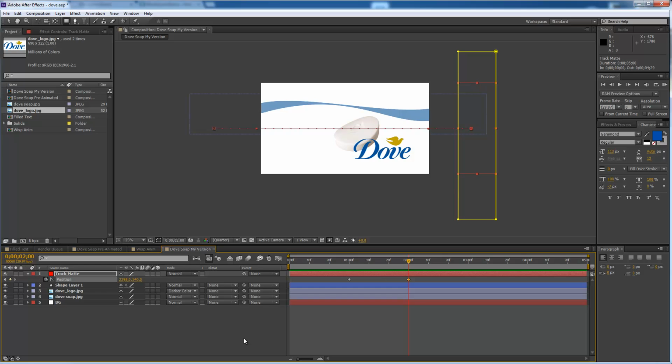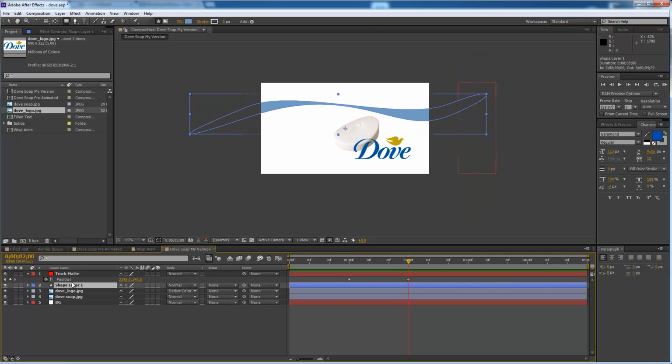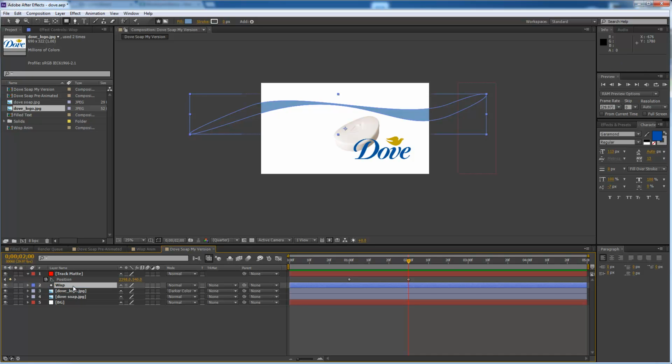Now it's time to add our track matte to this layer. So what I'm going to do is click on the shape layer that's right down below, and let's go ahead and name this Wisp. Looks like a wisp, doesn't it? And what we're going to do is go over here where it says track matte, and I'm going to click on the down arrow here. And you can see we have 4 choices for track mattes, and we're going to choose the first one,